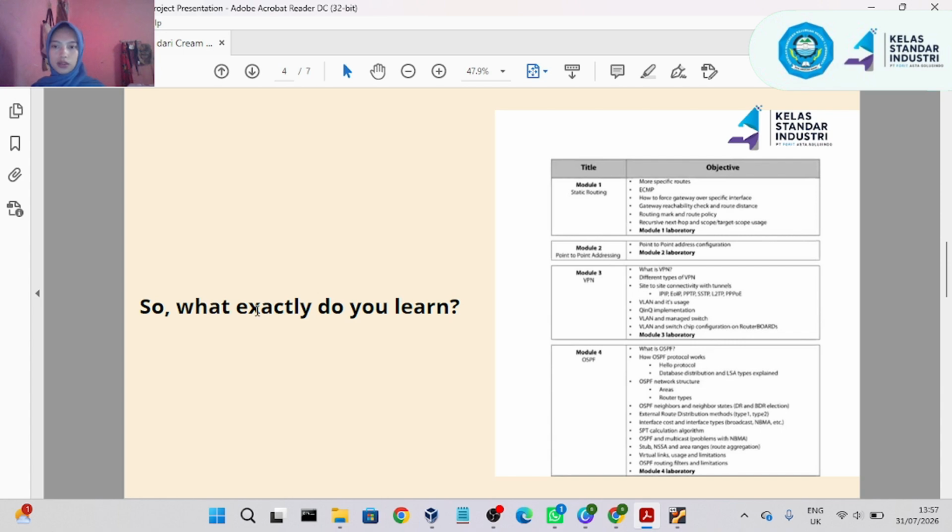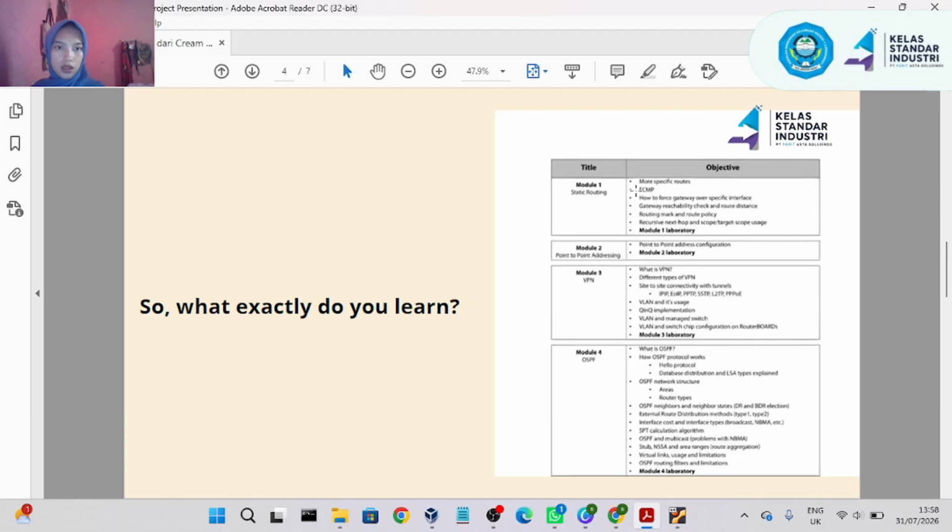There are several modules here. Module 1, Static Routing. Module 2, Point-to-Point Addressing. Module 3, VPN. Module 4, OSPF.